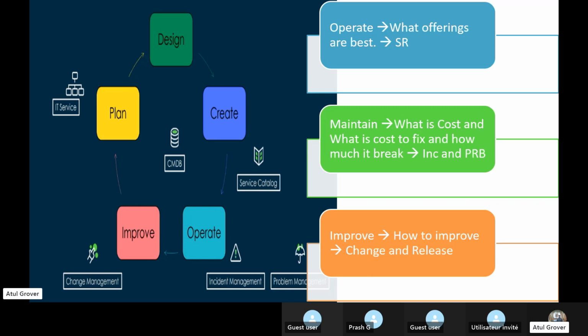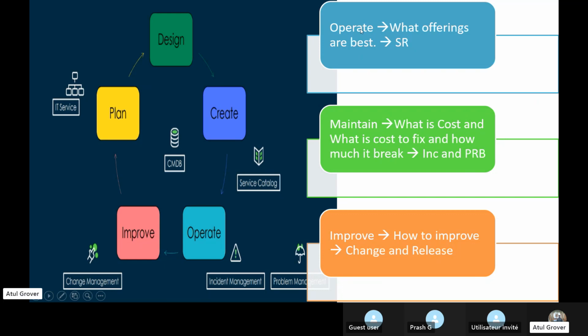Okay, so now three things exist here. One is operate, one is maintain, and one is improve. When I say operate, let's say, what services are you giving? I am a baker, I can do baking. I am a career advisor, I can do that as well. I'm a good teacher, so teaching is my service.